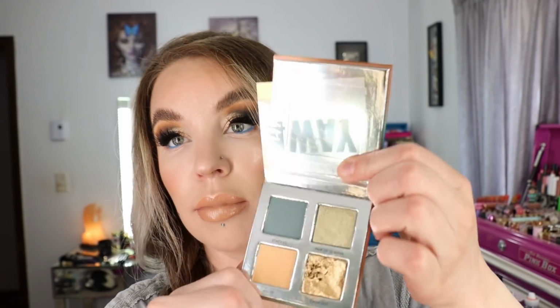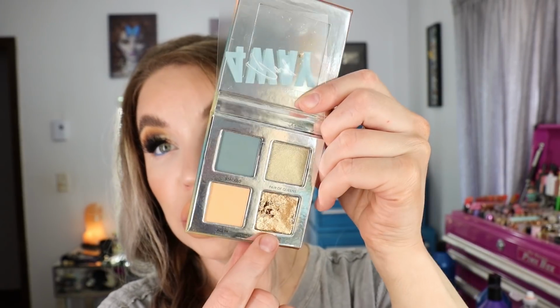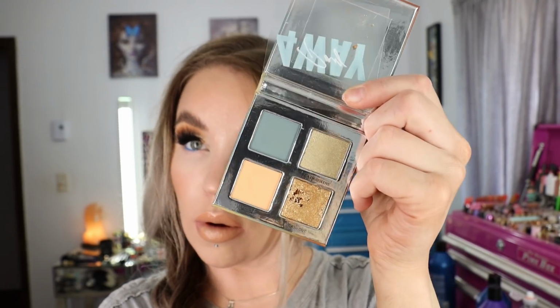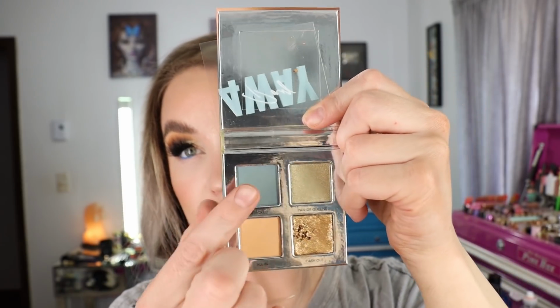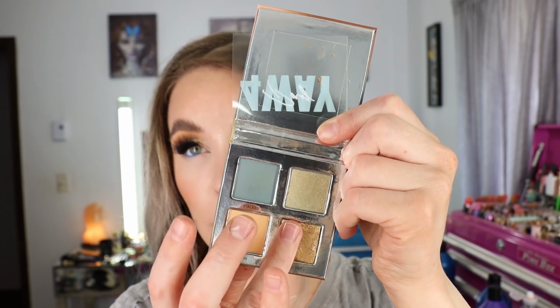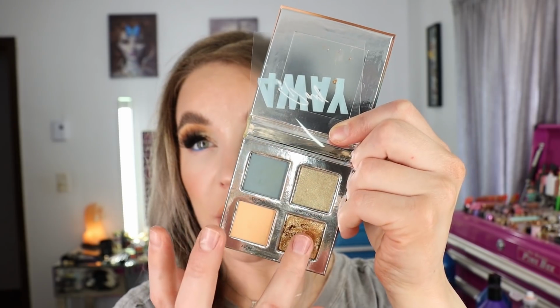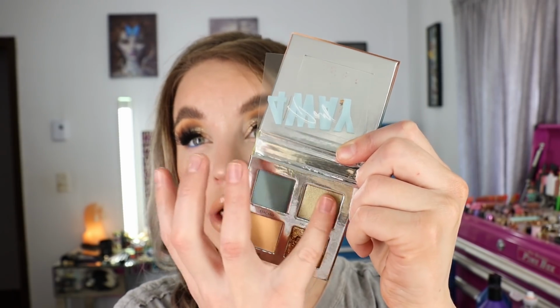But this has got 2 matte shadows, which are these 2 right here, and then you've got a shimmer and then a super, super foily shade. And this is a pretty decent quad as well. I do bring in something a little bit lighter for highlighting for this guy here, but it's a better formulation than her first ones, which I'll talk more about in a minute. But this shade here is really, really foiled. It almost feels like a cream shadow,